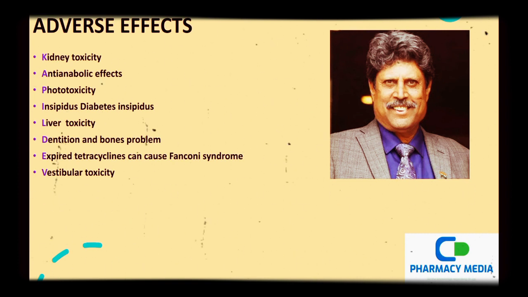This is caused by the degradation products, which produce epitetracycline and anhydrotetracycline. Phototoxicity is one of the adverse effects. Coming to the teeth and bone, the height may be stopped in growing children, and the anterior crown part of the teeth will be damaged and the shape will be disintegrated. Coming to the anti-anabolic properties, it shows an increase in blood urea. Whereas in vestibular toxicity, especially with minocycline, it can show nystagmus, ataxia and vertigo, which subside when the drug is discontinued.